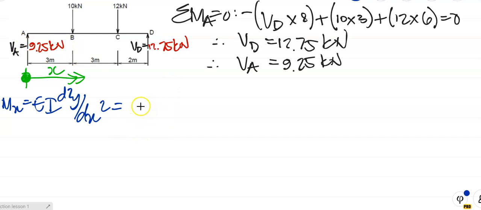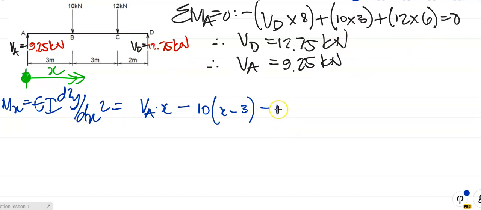So about D, VA, so that will be VA times, right, how far is VA from there? It is x. Remember, x is starting at A and going to D. x is always the full length of the beam. Minus 10 times, and how far is 10 from D in terms of x? It is x minus 3. You need to think about that, you need to get that right. Minus. Why are these minus? Because they are anti-clockwise with respect to the